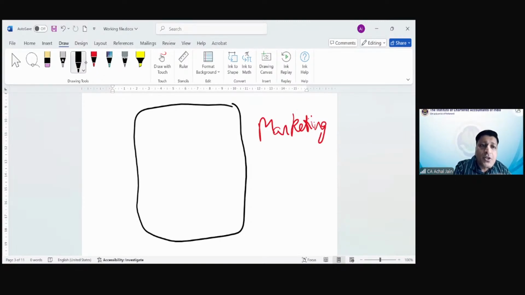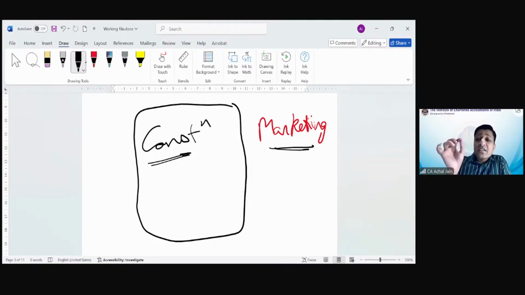Okay, so its construction is going on and its marketing is also going on. Now tell me one thing, can we say that this marketing cost has got anything to do with the construction of the building? Means if you give an advertisement, if you promote that, will that support in the construction of the building? Has this marketing got anything to do with the construction? The answer is no.